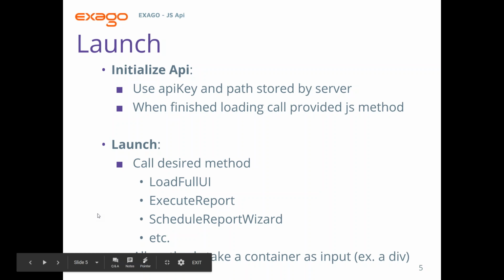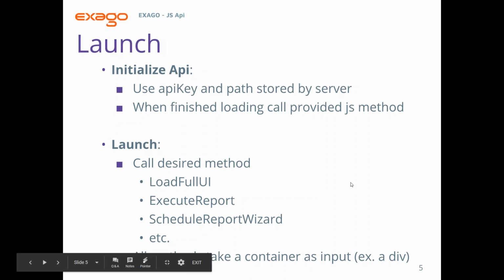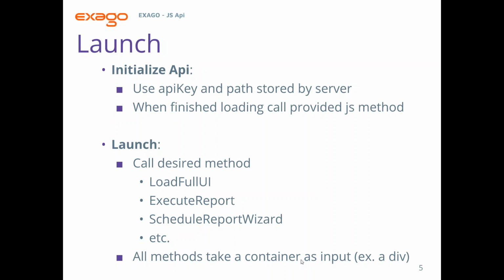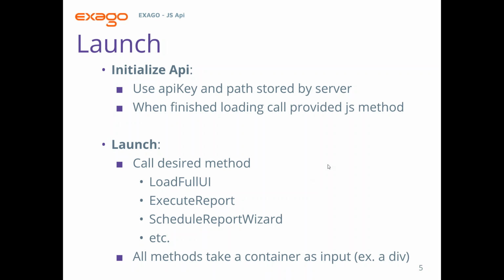They're all going to be, of course, listed on our knowledge base, but they're going to mirror the API actions that you're used to with the .NET and the REST-based web service for the different types of ways to launch Exago. And all these methods critically are going to say where to launch Exago, so what container on the page. Now, of course, you could still use an iframe if you wanted to, but in our example, we're going to use a div. It's just another type of HTML element that builds a